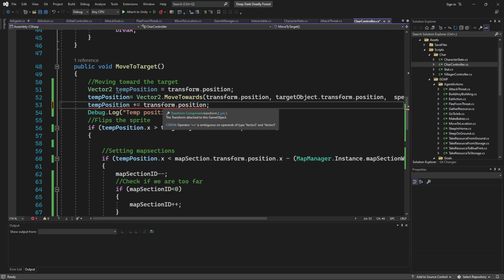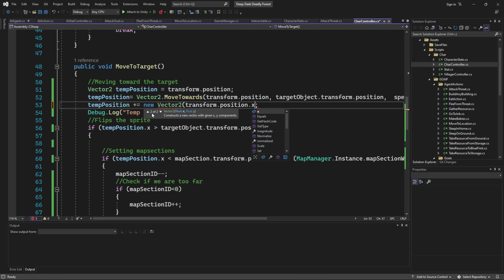Why can't I add these two vectors together? Come on. Are you kidding me? That's annoying. Temp position is equal to a new Vector2, transform dot position dot x. We want to add it with the temp. There's probably a better way to do this, but